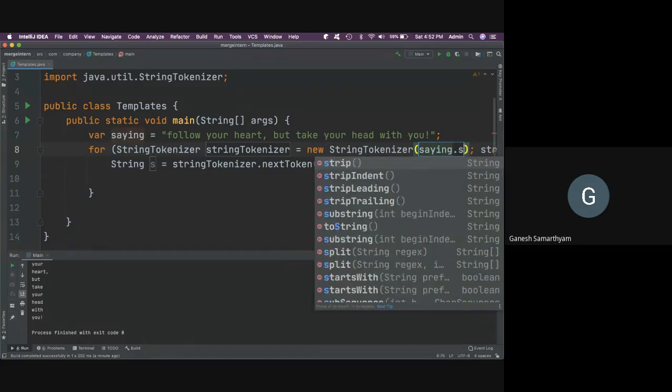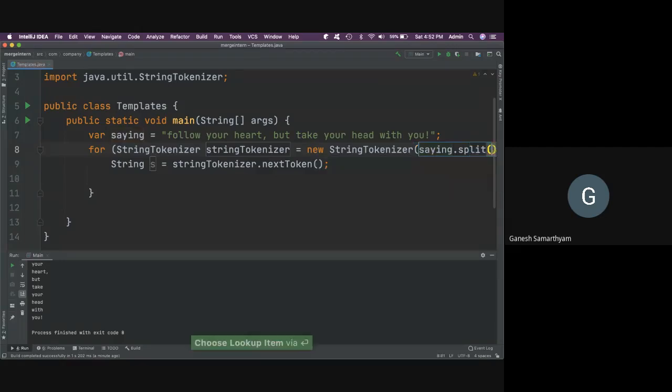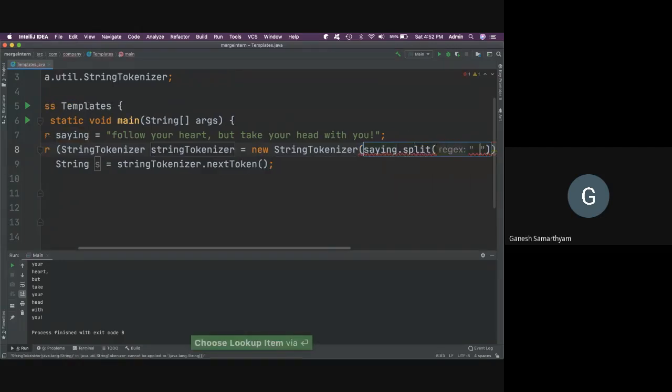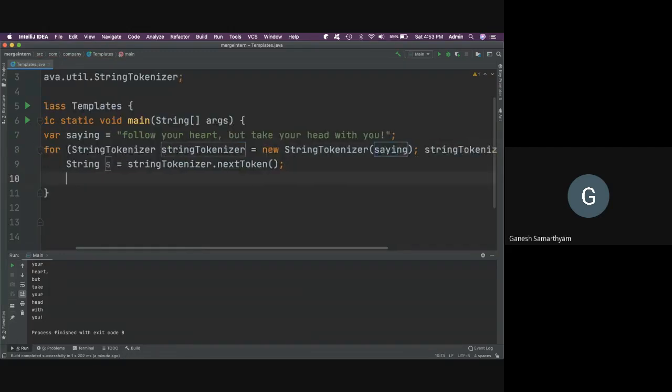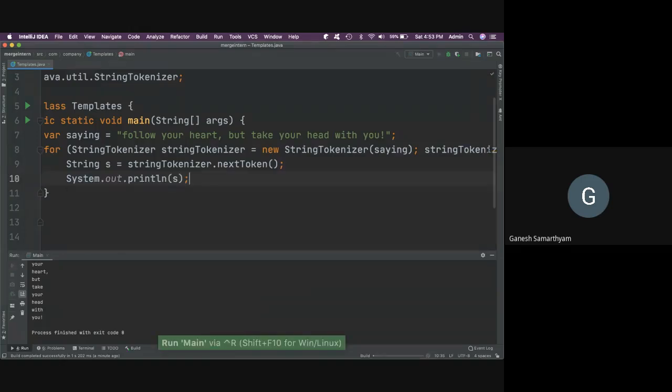You want to go into split, and I can pass a regular expression here. I can pass a space, I can pass whatever I want, and I'll be able to get my string. But here, by default itself, we should be able to tokenize it. So I can say s out, and I'll be able to tokenize the string.